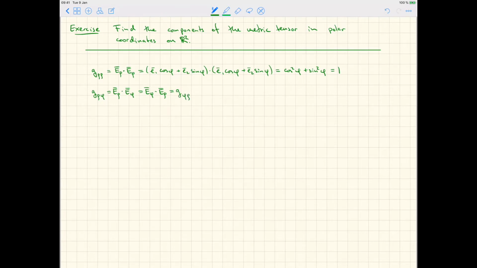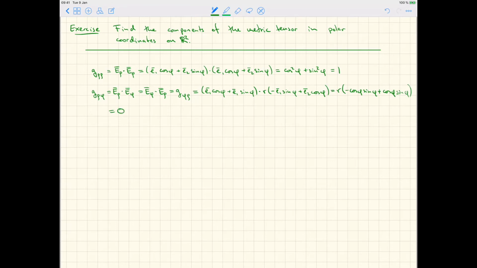Writing out the expressions for these basis vectors, we find that this is equal to e1 cosine phi plus e2 sine phi, inner product with r times minus e1 sine phi plus e2 cosine phi. Performing the inner products results in r multiplied by minus cosine phi sine phi plus cosine phi sine phi, which